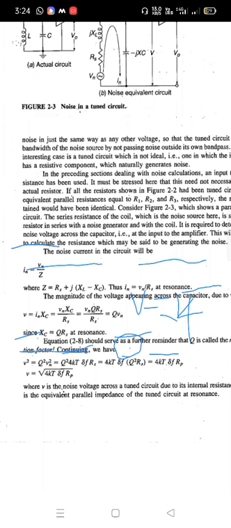Now from our previous discussion of 4 kT del F, because of that we replaced the value of Vn with 4 kT del F Rs, and Q square and Rs we combined and called it Rp. Q square Rs is nothing but Rp, that is the parallel equivalent impedance of the tuned circuit. Okay,